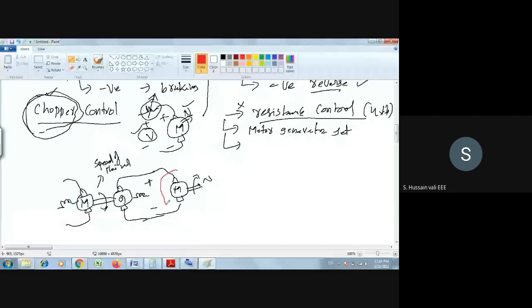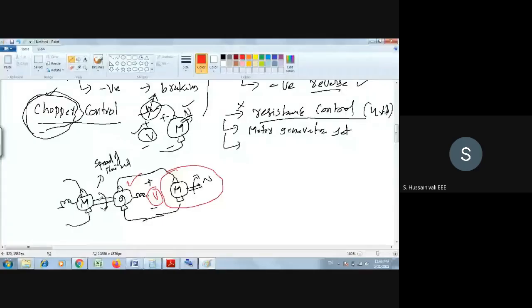So the actual motor is there, whose speed you want to control. To that motor, we will change the voltage. How do we change the voltage? We will have a generator here, and the output of the generator is a voltage. By controlling the generator, we can control its output voltage. How you control the generator is that you change the excitation or you change the mechanical input to the generator. You do anything so that the output voltage here will change. When the output voltage here changes, the speed of this motor will change. This is one way to control.